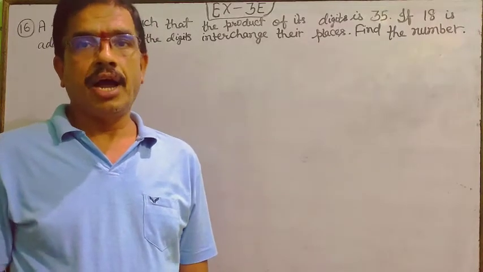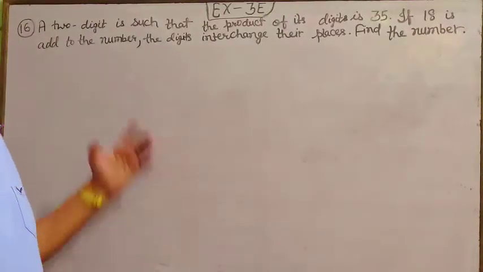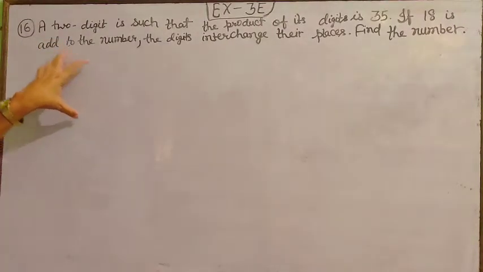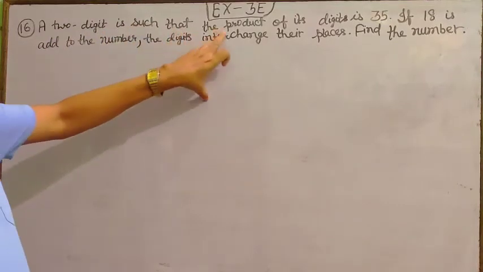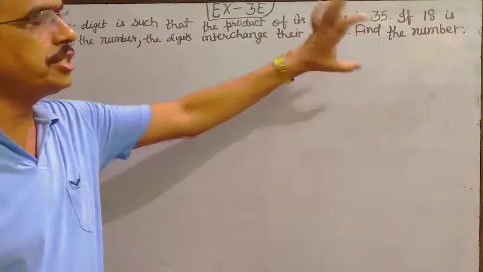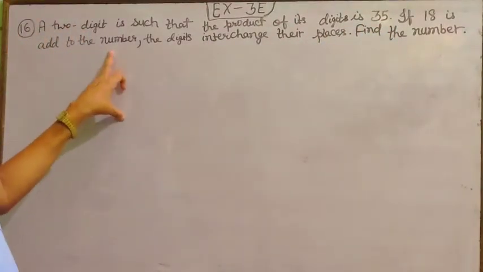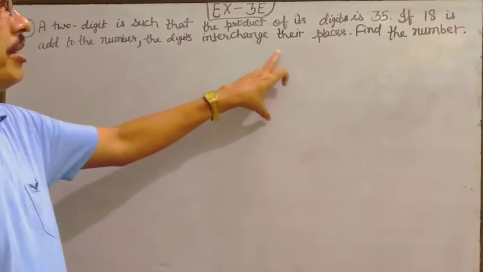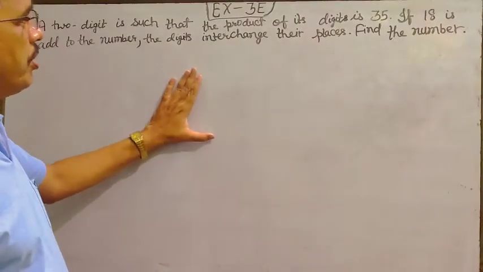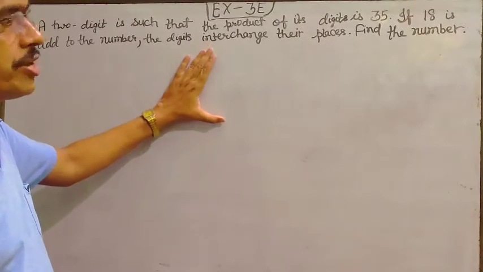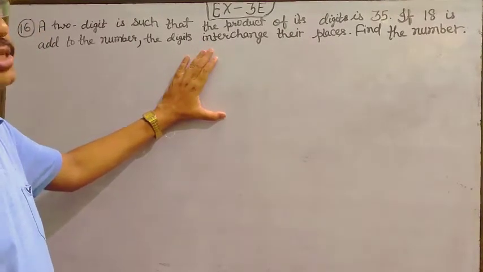You see here, and now solve from starting question number 16. Here it is: a two-digit number is such that the product of its digits is 35. If 18 is added to the number, the digits interchange their places. Find the number. Dear student, your question is related to a two-digit number, and I told you in previous classes that